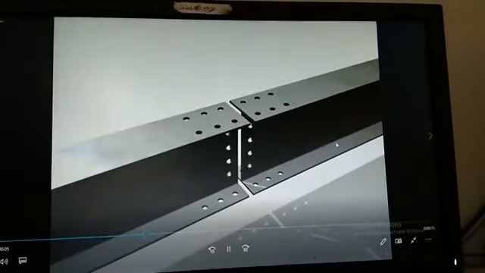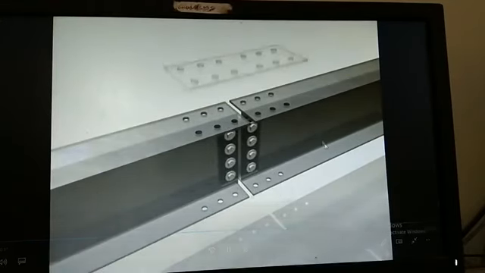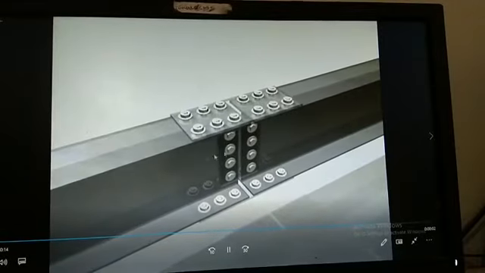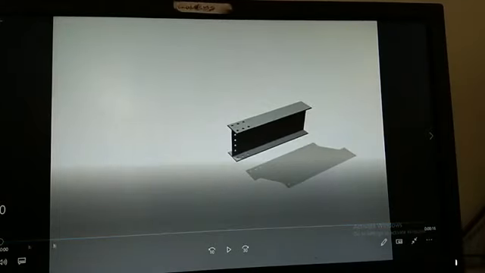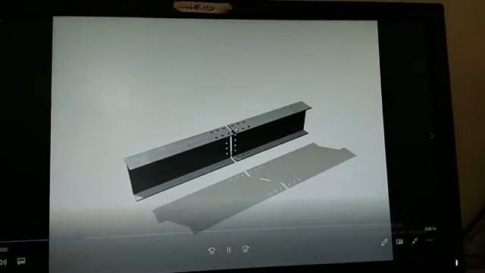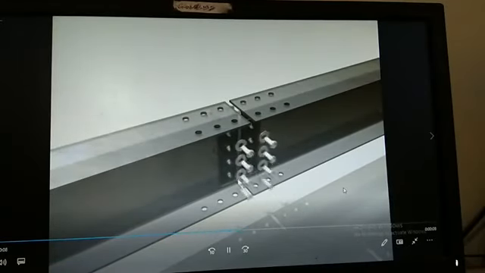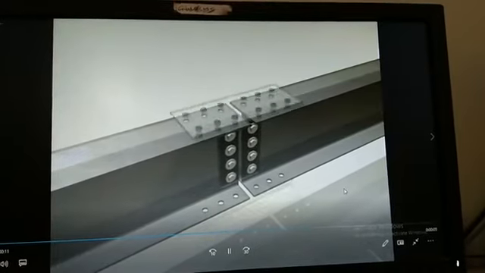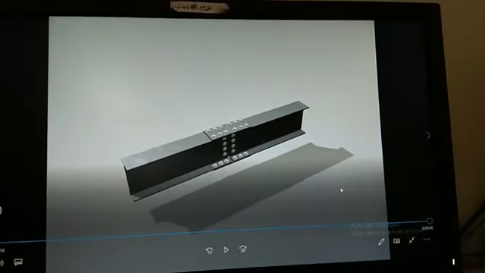So this is called splicing. You can do beam splicing and we can even do column splicing also. So this is the equal cross section of two sections, right? When the two sections have equal cross sections, this is the way of doing splicing. So here the splicing is taking place on web and flanges. The plate which is connecting on top of the flanges is called a flange splice. The plate which is connecting the web portion is called a web splice.